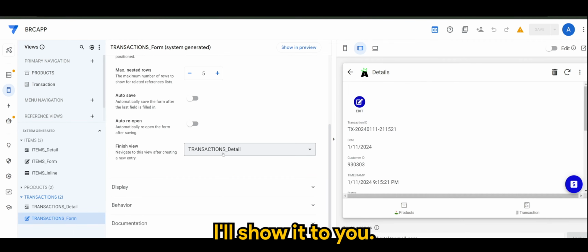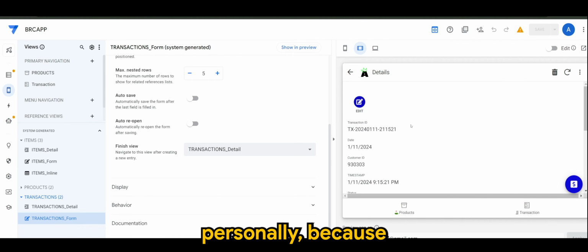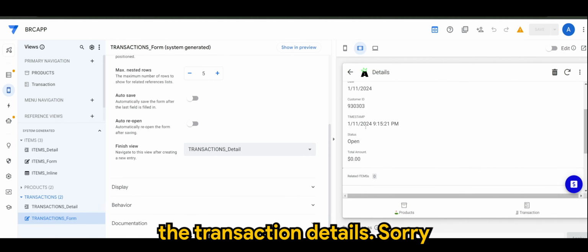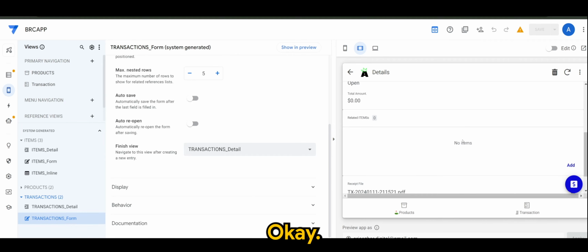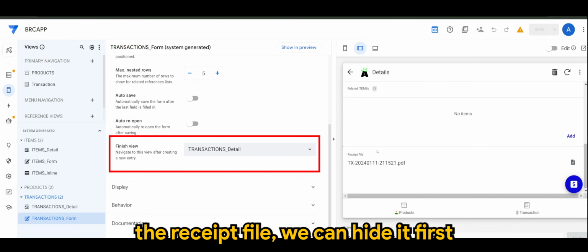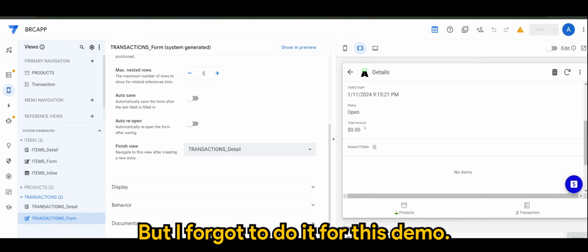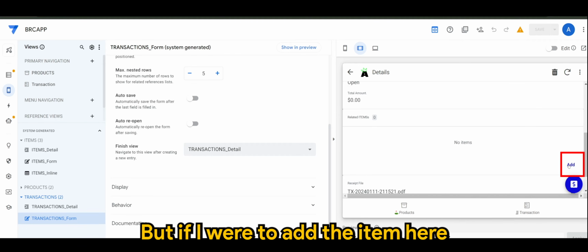I'll share with you why this is important for me personally, because I want to see the transaction details with the related items here. Of course, the receipt file, we can hide it first until this status is closed, but I forgot to do it for this demo, but we'll do it next time. It's fine. But if I were to add the item here,